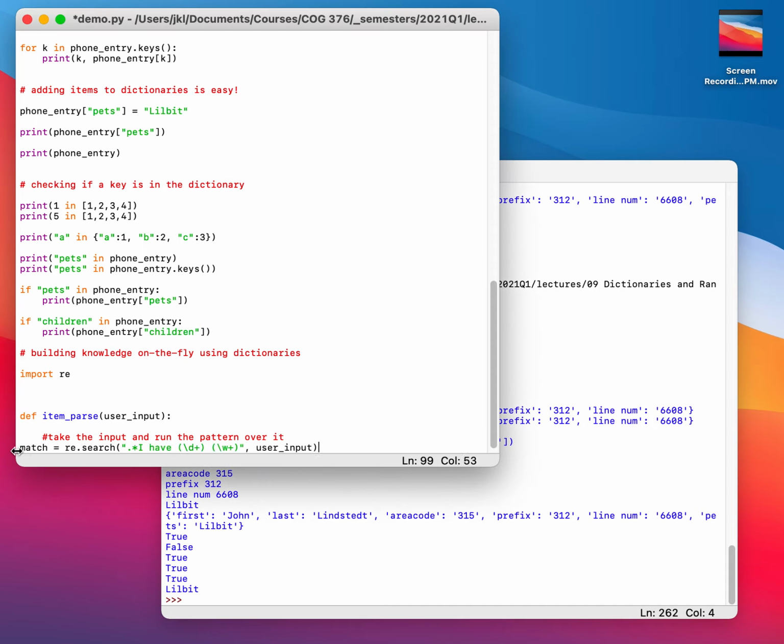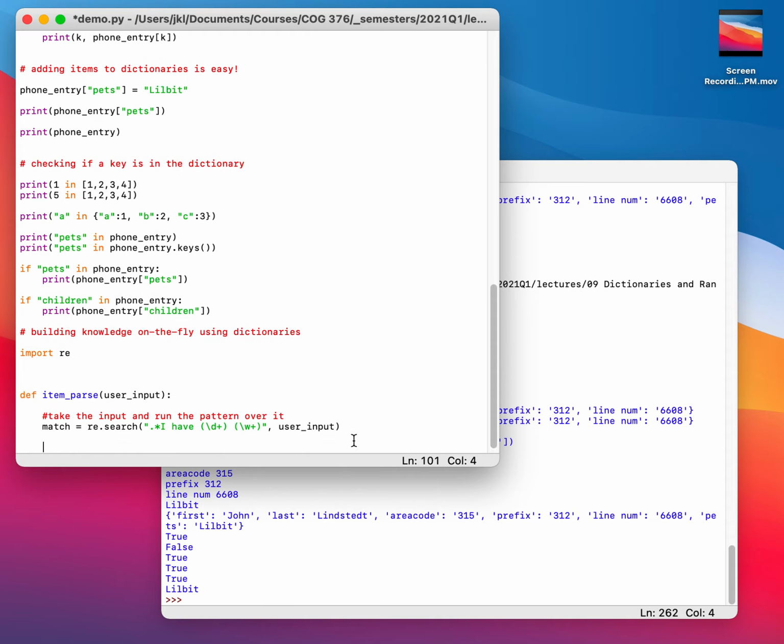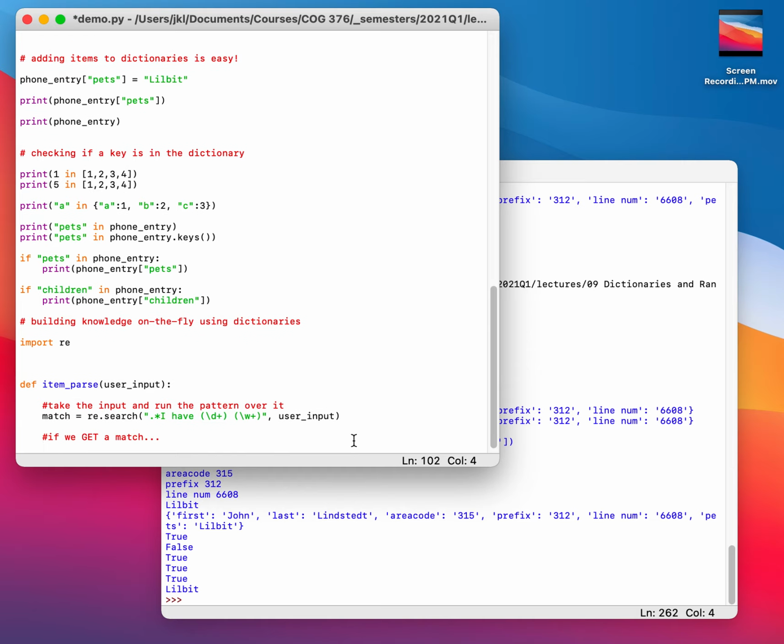Pattern is, oops, make sure that's indented properly. So match is, we're going to go and find, is this 'I have some number of something' pattern, does that exist in the user input? Okay. So if we get a match, so if match does not equal None,